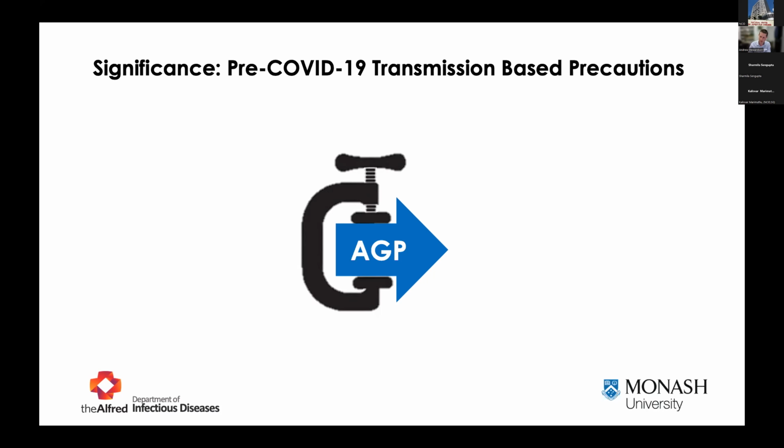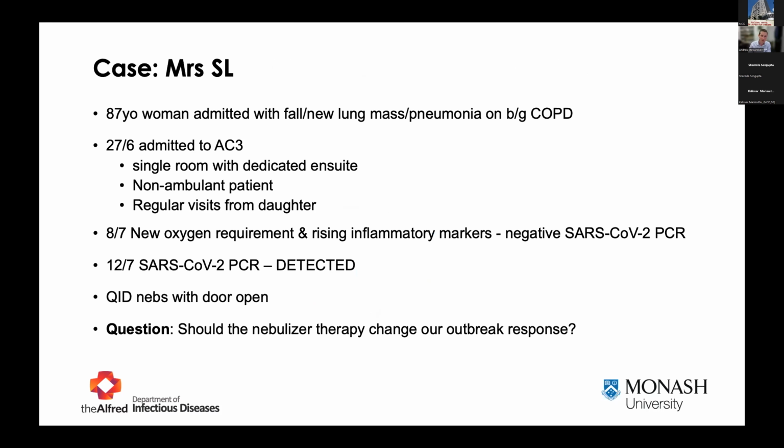And then there are the challenges around identifying which patients will be having these aerosol generating procedures and how we can best place them given the numbers of patients that we've been looking after during the pandemic. I suspect we've all felt this pressure on the concept of aerosol generating procedures over the last couple of years. So just to bring it back